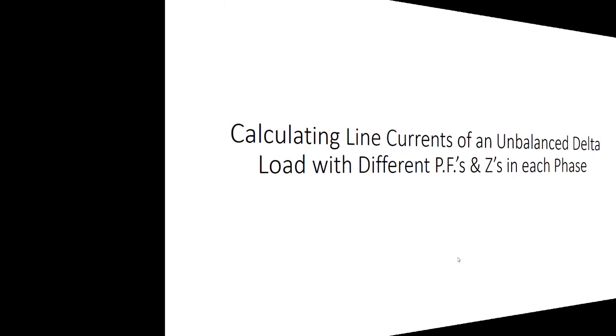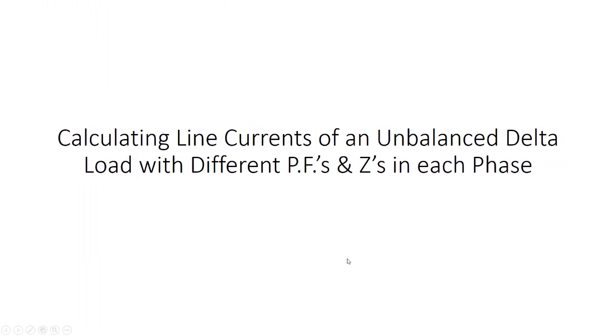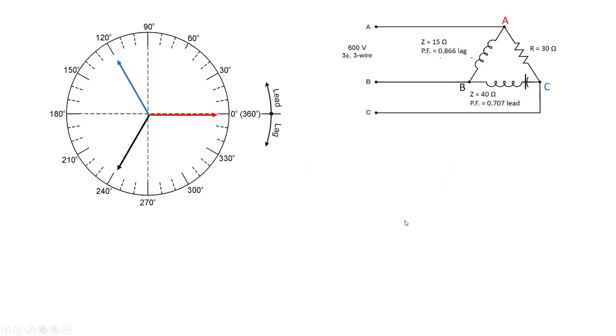We're going to look at calculating the line currents of an unbalanced delta load with different power factors and different impedances in each phase. Here's an example. We've got a 600 volt delta connected load. In phase A to B, we've got a coil that has an impedance of 15 ohms at a 0.866 power